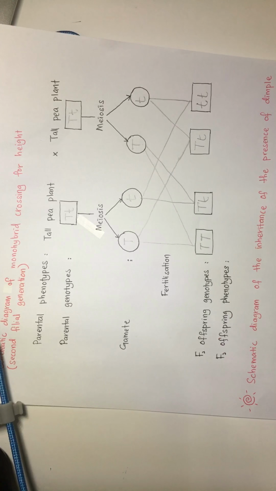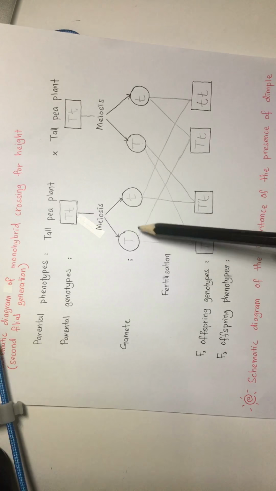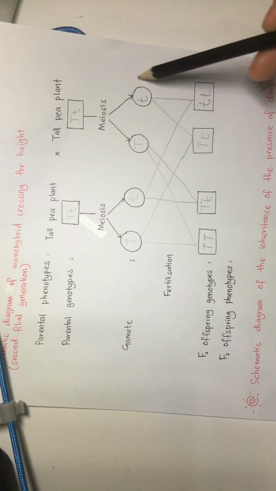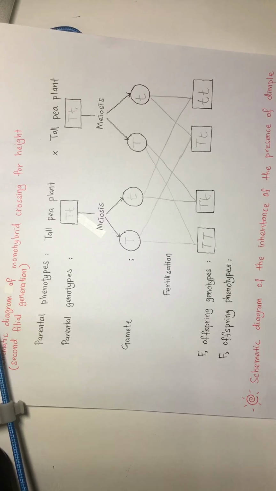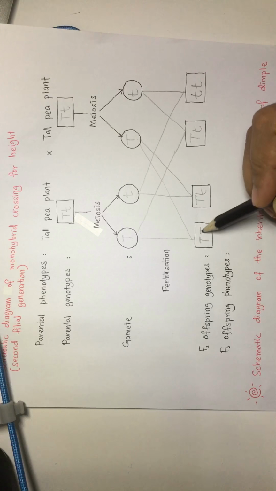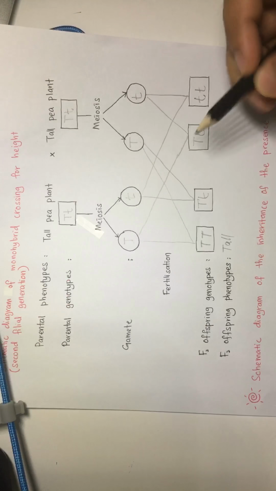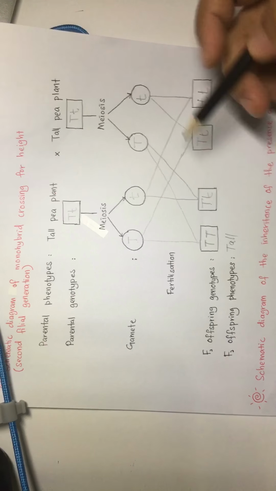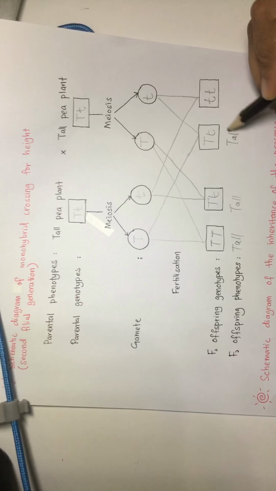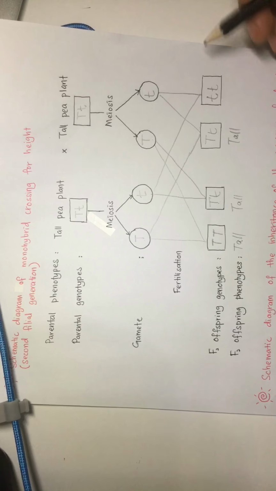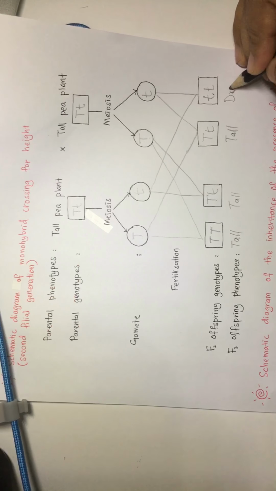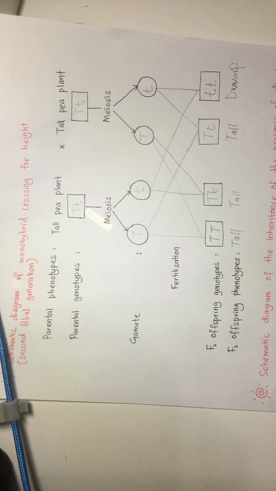How to draw the lines, you can refer to the textbook. As long as all of the genes from the first plant are crossing to the genes of the second plant. Now let's identify the phenotypes. What are the physical characteristics? Since both are dominant, they will be tall. One dominant, one recessive, so the dominant will show the characteristic. This one also tall. Now there is no dominant, both recessive. When both are recessive, it will show the recessive characteristic, which is dwarf.